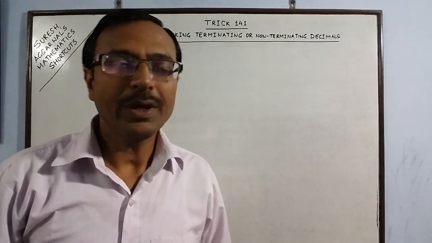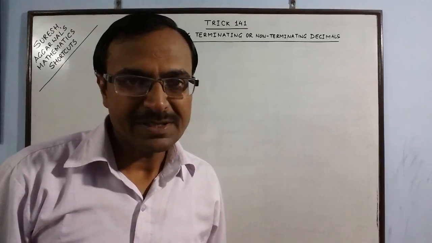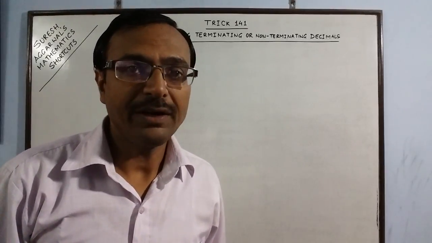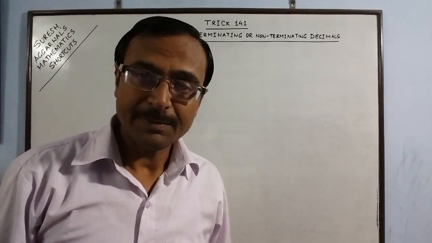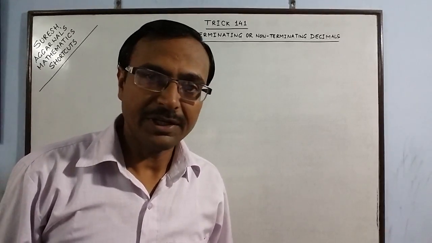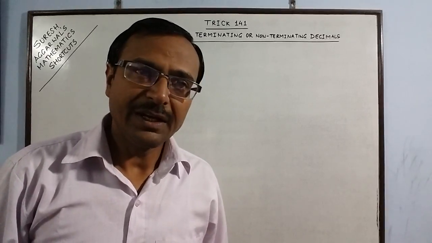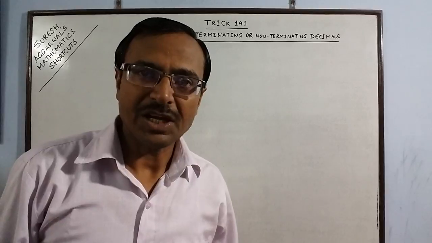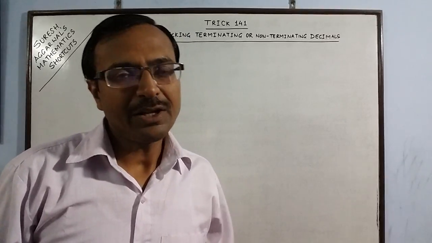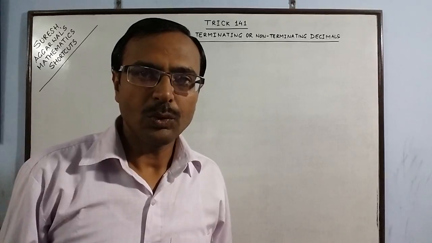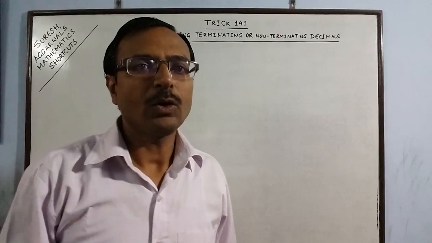Hello students, today in trick number 141 we are going to discuss an amazing method through which you can find whether a given rational number has a terminating decimal or a non-terminating decimal. Now this method of finding terminating or non-terminating decimal of a rational number is normally done using division. If you divide the numerator by denominator, you come to know whether a rational number is having terminating or non-terminating